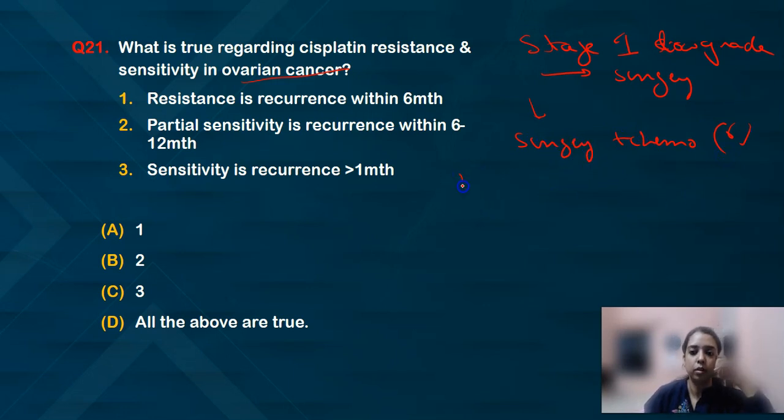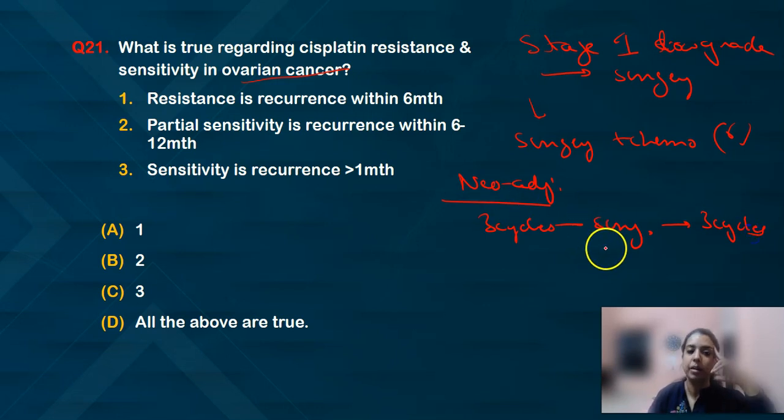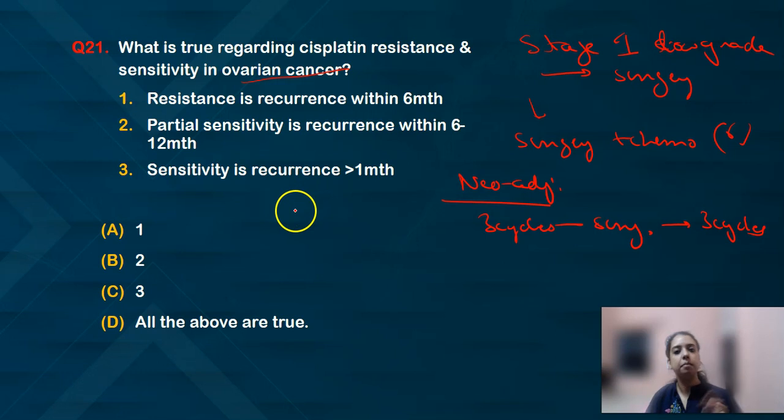In some patients, you will hear what is called neoadjuvant chemo, in which if you see the tumor is very big or very big adhesions are there, it is not resectable, you give 3 cycles of chemo, then you do surgery and then you give the remaining 3 cycles of chemo. So that is neoadjuvant chemo. But chemo has to be given in everyone, stage 1 high grade and followed by other stages. You have to give the chemo. Now basically platinum based chemotherapy is given, cisplatin,